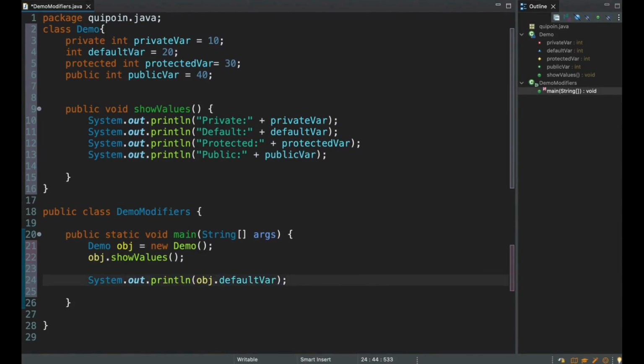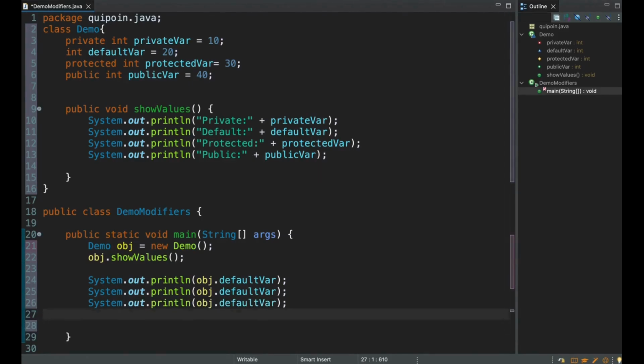Similarly we will write for the rest of them. So let's write for each of them, copy and let's paste and we will make changes here. Now let's keep it for protected and for the last one let's write for public